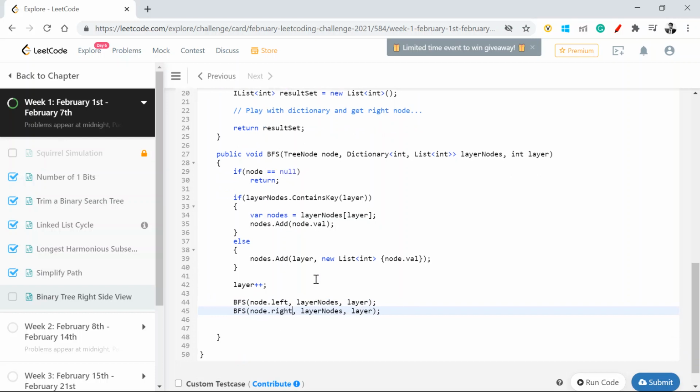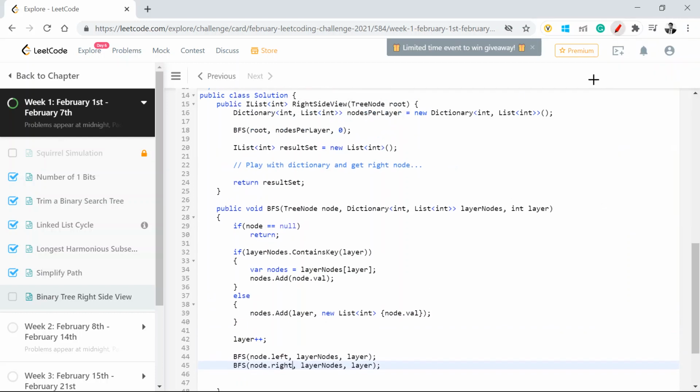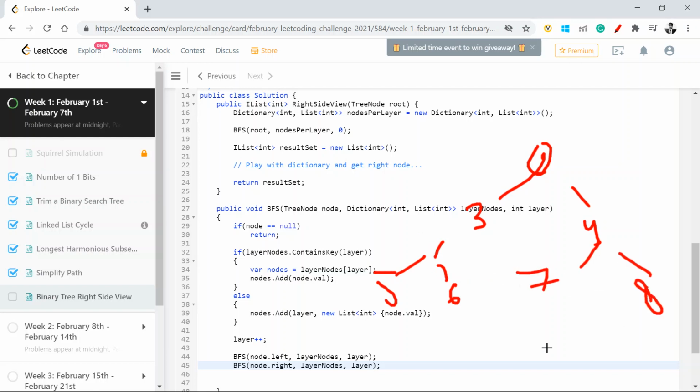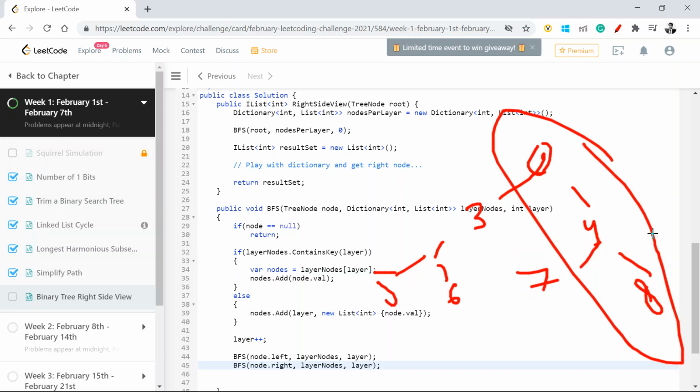I'll just reiterate through this again. So say I have 2, 3, 4, 5, 6, 8, 7, and 8. So the output of this will be, say, this one, because this is what you're looking at.